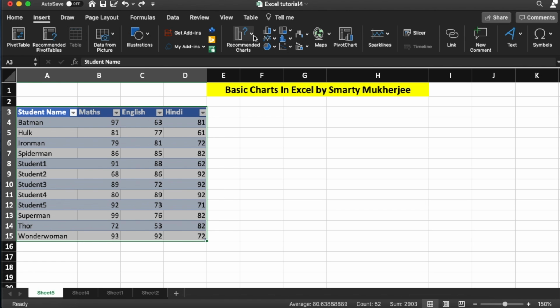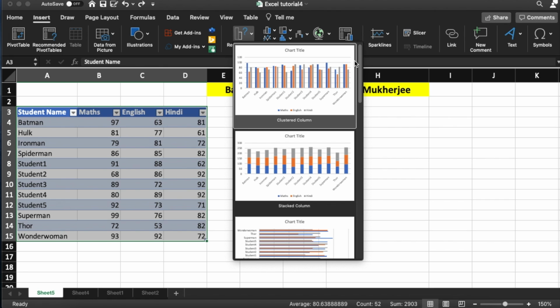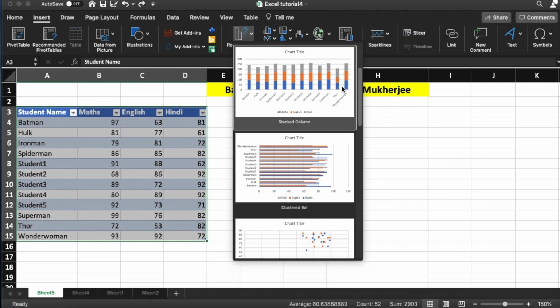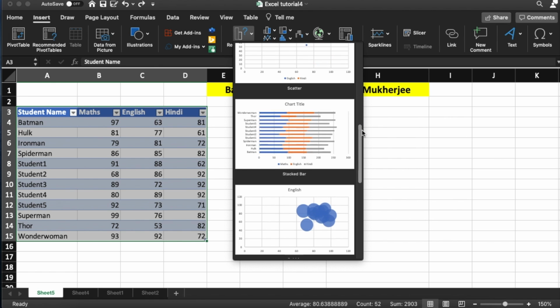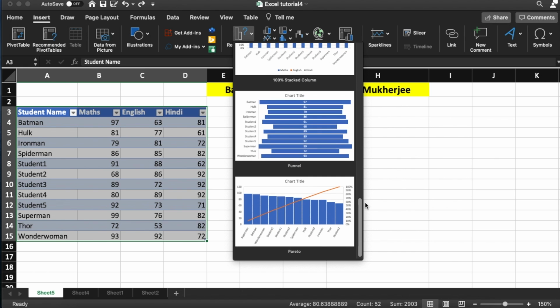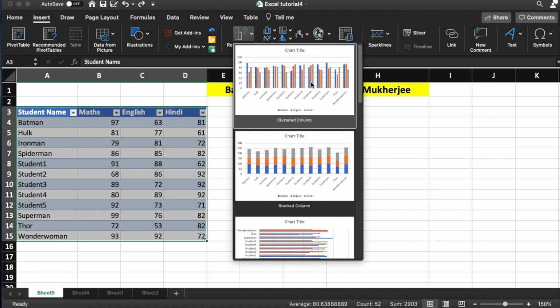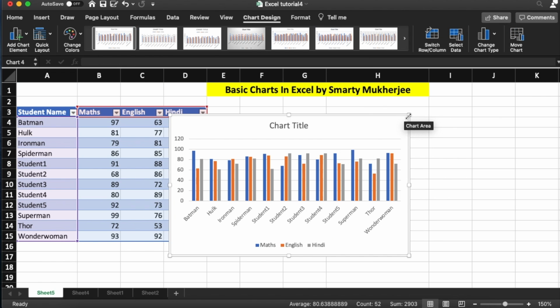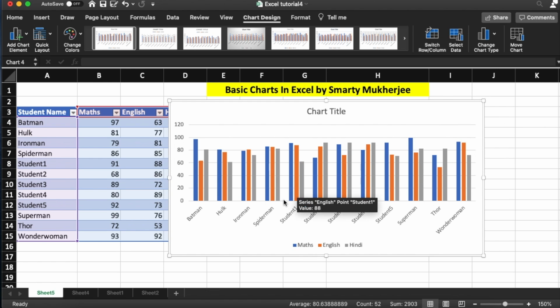But first of all, as this Excel version is great at analyzing the data and recommending some charts, we will have a look here at what type of charts it is showing us. So first chart is this column chart, and again this is a column chart, but this is kind of stacked, and there is a bar chart, scatter chart. So it is automatically populating so many charts. You can select one of those directly like this. Say I want this one, I'll select it and it will show like this on the screen.